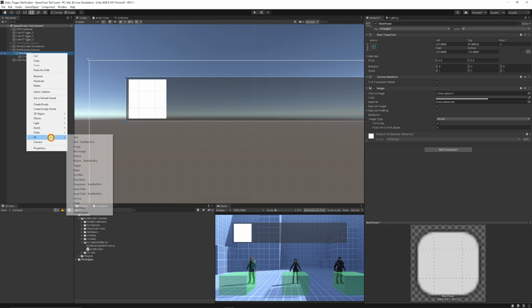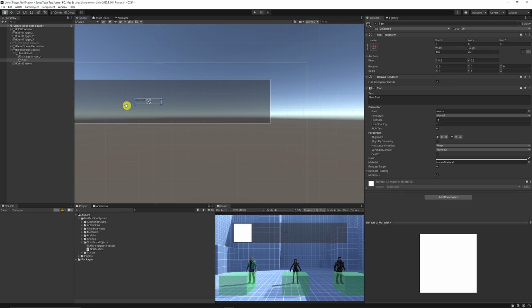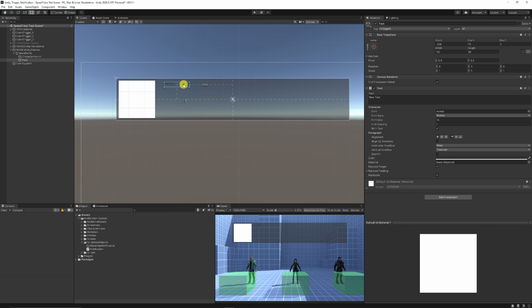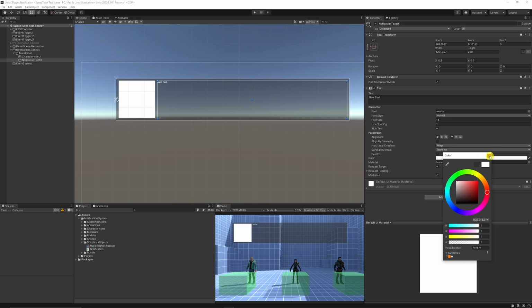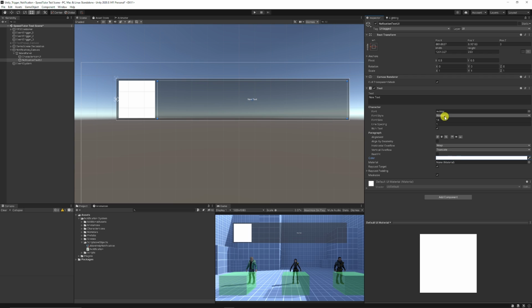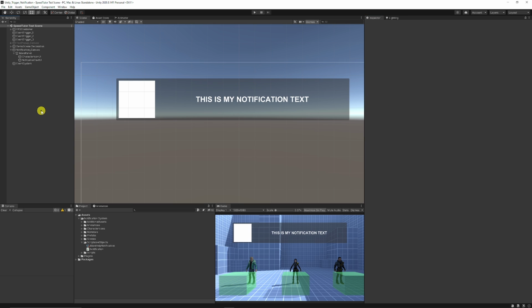And then we're going to right click on the panel, choose UI, and choose text. And this text is going to start at the very top corner. I'm going to pull this down, and again this can be aligned to the left hand side. So now I'm just going to call this the notification text UI, and then I'm going to change the text color to white. I'm going to set it to the middle, set the text to bold and just scale it up slightly and just write in some information here so that this is the notification text which is